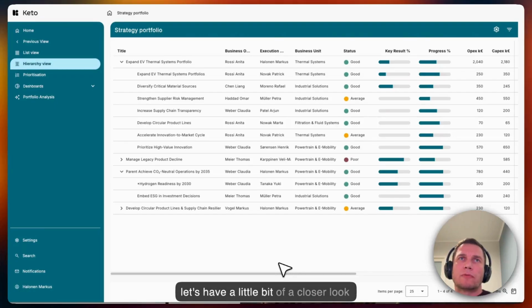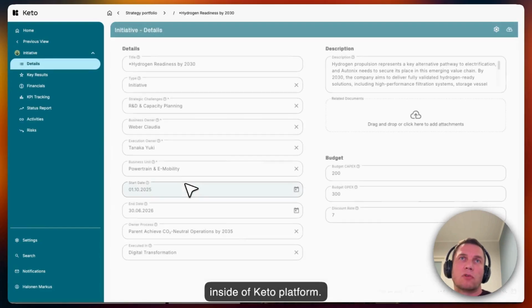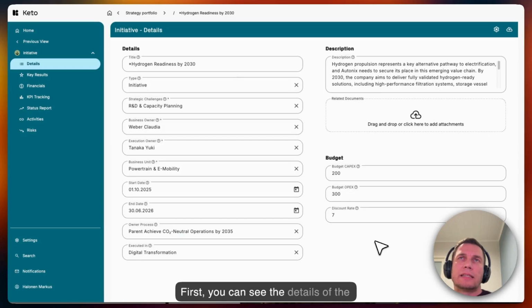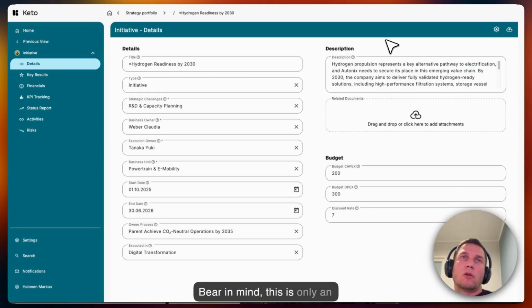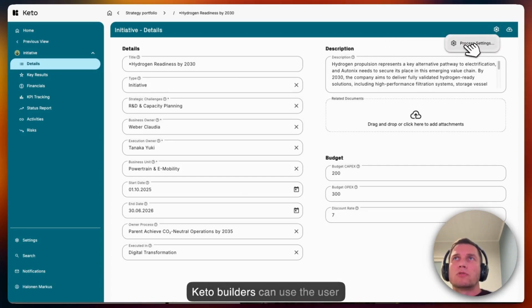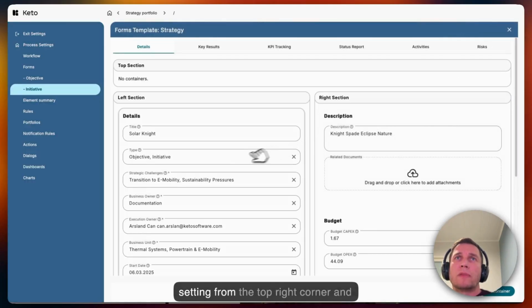Next, let's have a little bit of a closer look at an individual strategic initiative inside of the Keto platform. First, you can see the details of the strategic initiative. Bear in mind, this is only an example, as Keto is a no-code platform. The Keto builders can use the user interface by clicking to the process settings from the top right corner and